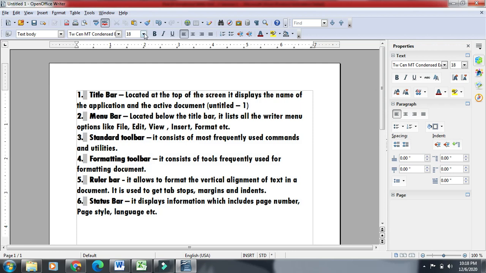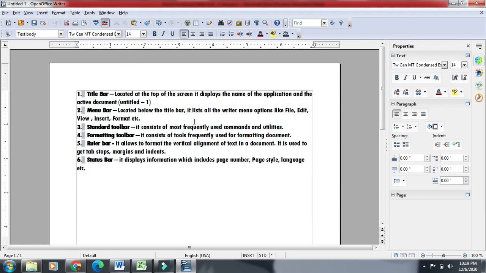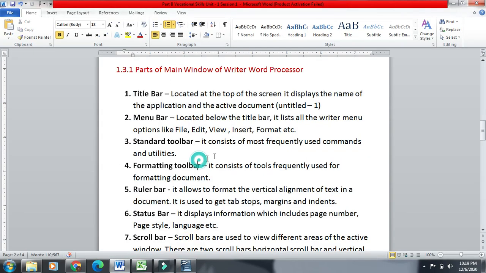I can change the size also from here. So this is our formatting toolbar. It consists of tools which are frequently used for formatting any document, changing the style of the document, changing the size, making it bold, italic, underline.